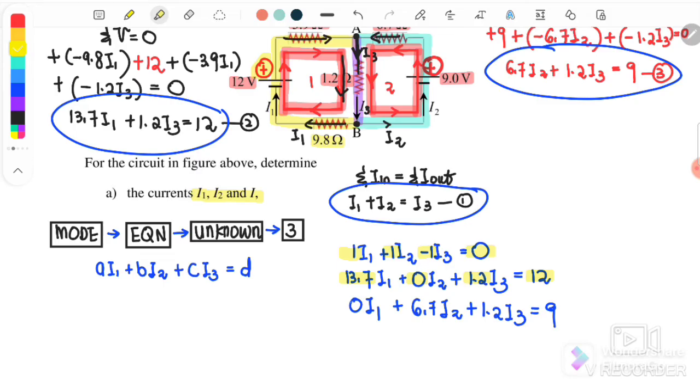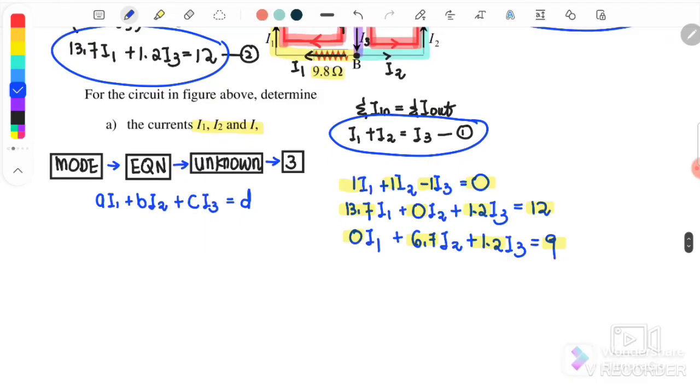Okay, so we continue with A3. A3 meaning that the third equation is 0. B3 is 6.7. C3 is 1.2. D3 is 9. Okay, so after you press calculate, the answer that we will get for I1 is equal to